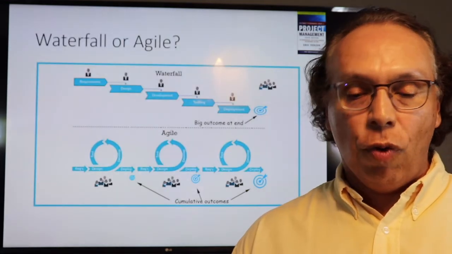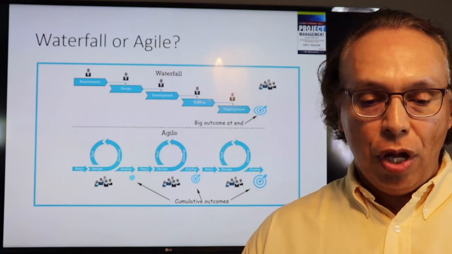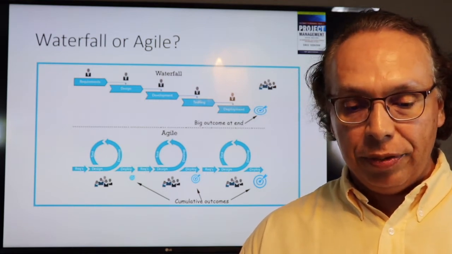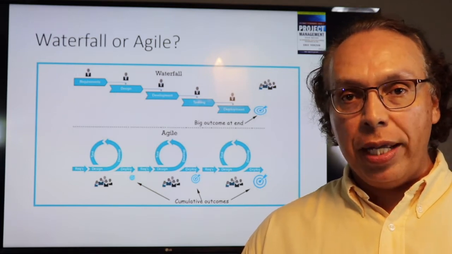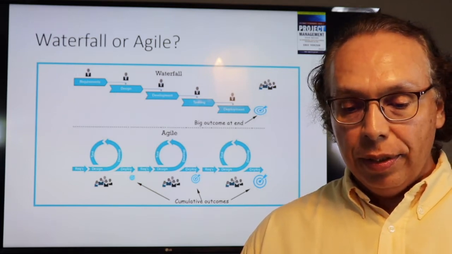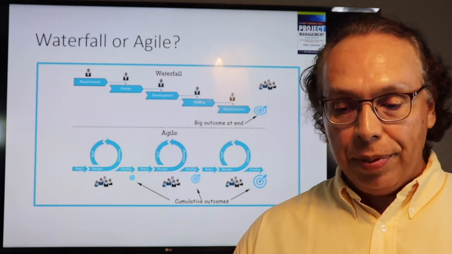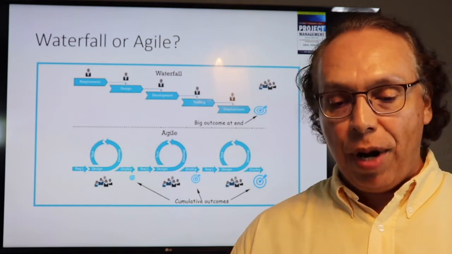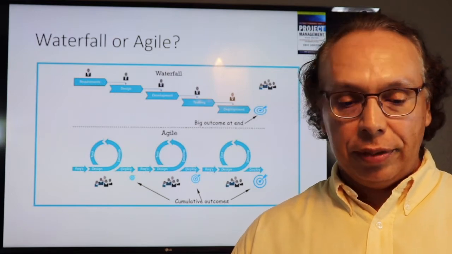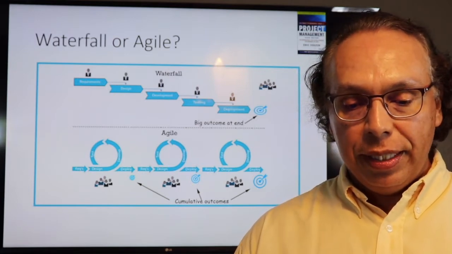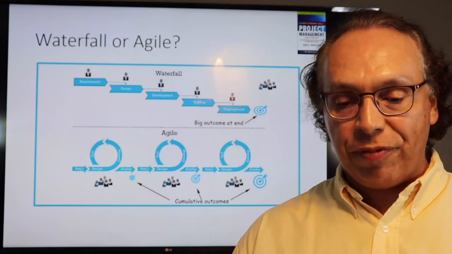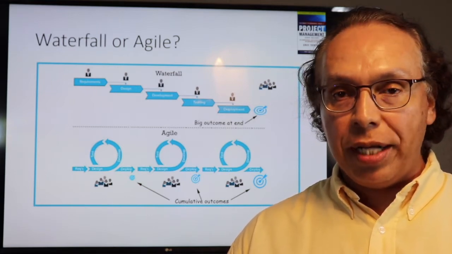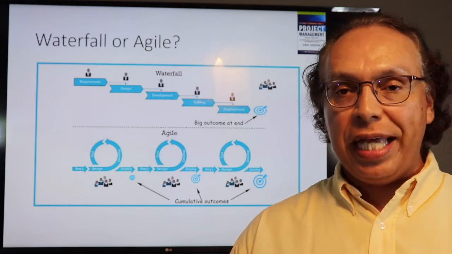This visual of waterfall versus agile shows waterfall with specific phases that have beginnings and ends. Again, it is a one-way waterfall going down. The phases do not overlap, and they are not iterative. Basically, you have a big bang product delivery at the end of the project. Agile, on the other hand, is continuous iteration after iteration. And you have a cumulative outcome or product increments that build week after week.